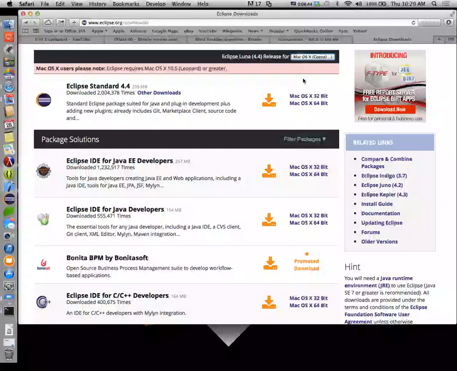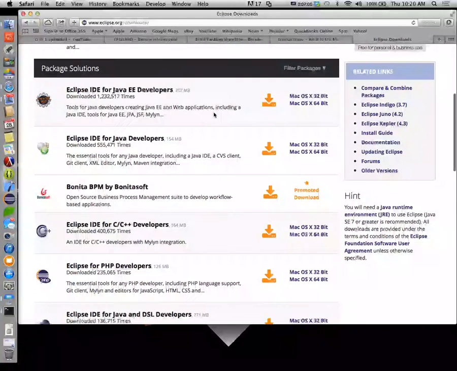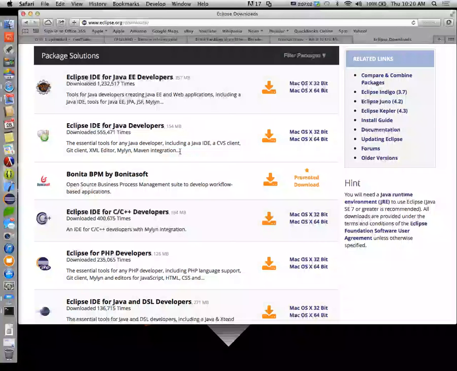Because Eclipse, as I mentioned last time, is written in Java, so it's platform independent. It doesn't matter which, I mentioned that last time, right? Okay. It's platform independent because it's written in Java, so that's why it's available for Mac, Windows, and Linux all at once. All right. So you'll want to get that as soon as possible.